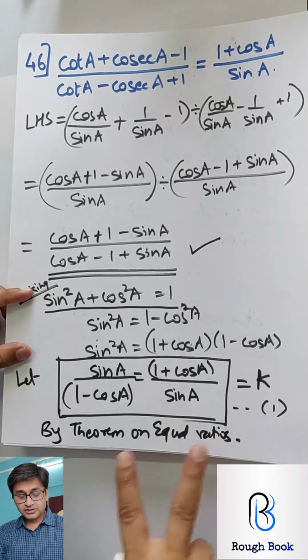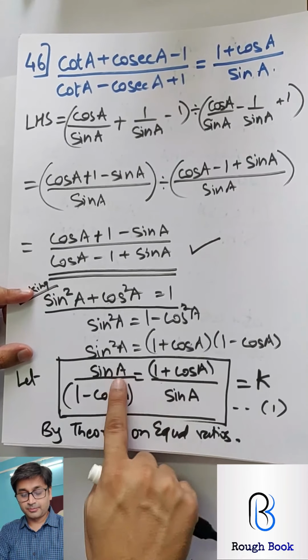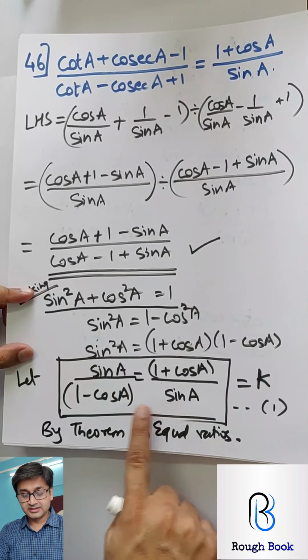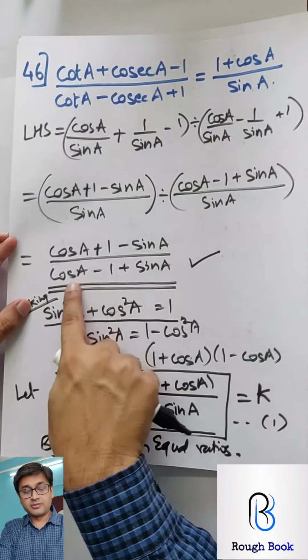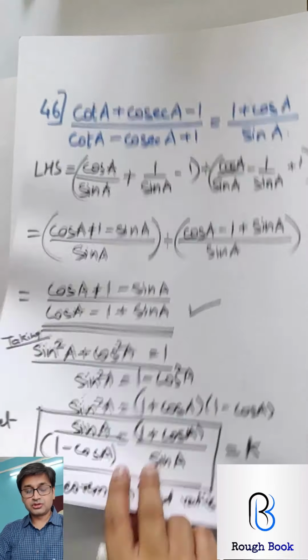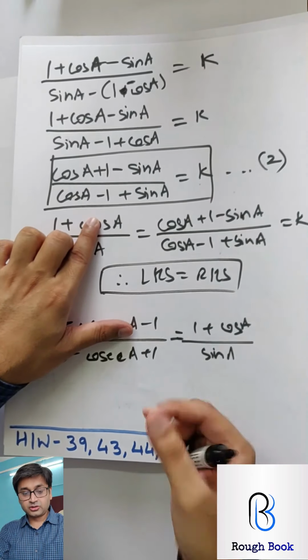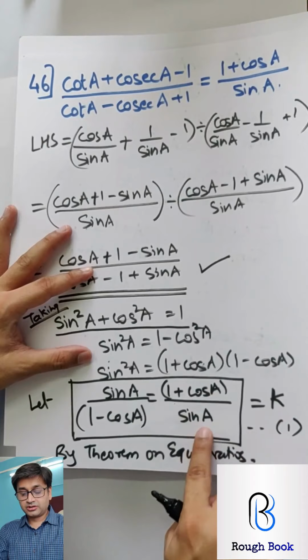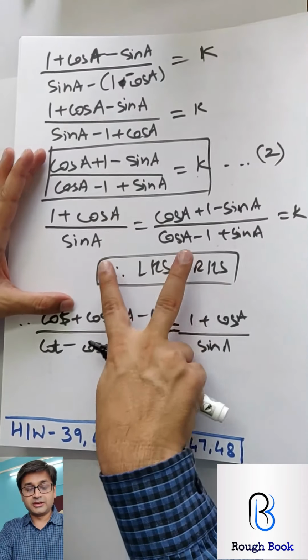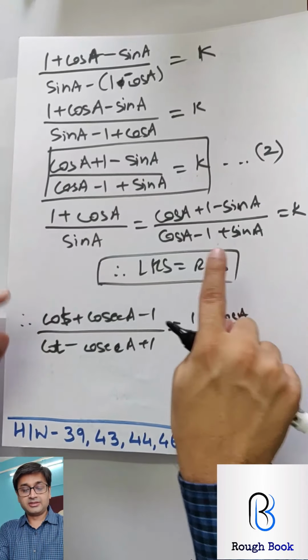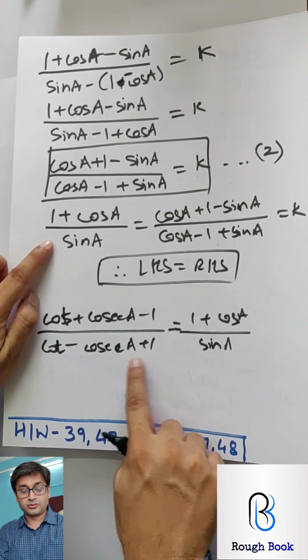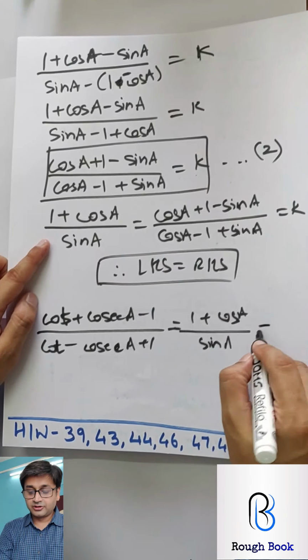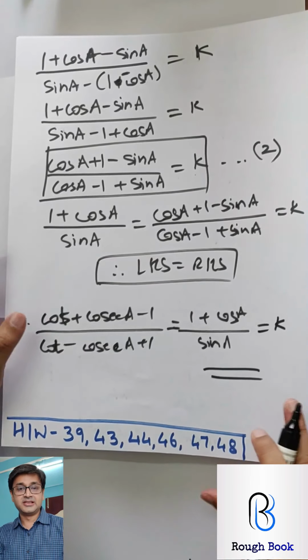Now it's very simple. Just use theorem on equal ratios and subtract these two. So this minus this minus this. That's what I have done here. And when you do that, automatically you reach here, which is here. You call this also equal to k, and this is also equal to k. So this is equal to this one then, which is equal to k, and therefore this now becomes the original one, that is this, equals to this one. If you want, write further, equal to k. So you are completely safe.